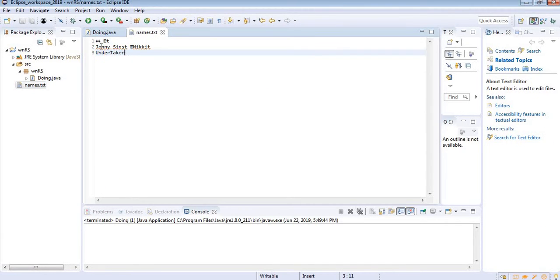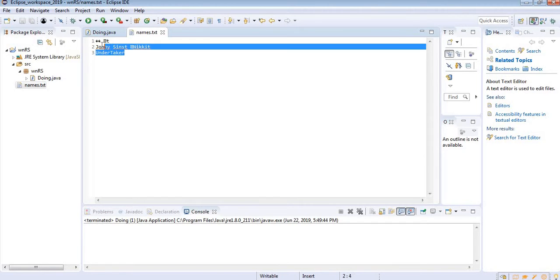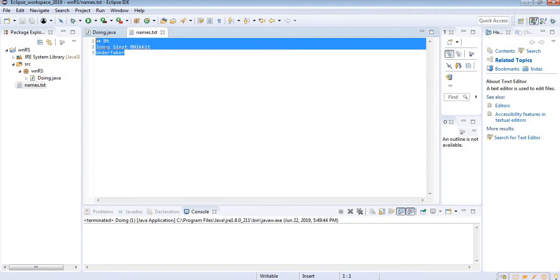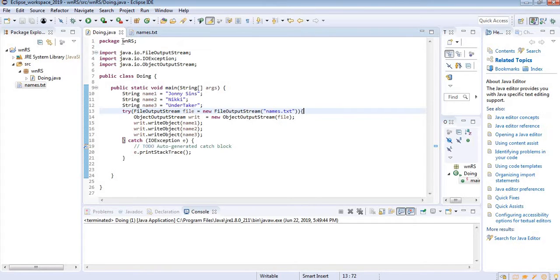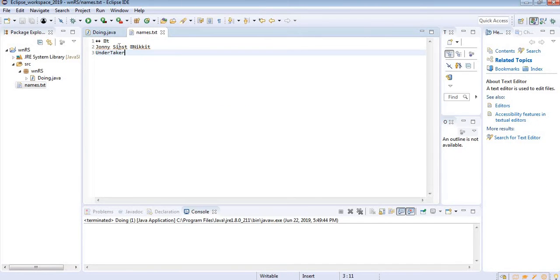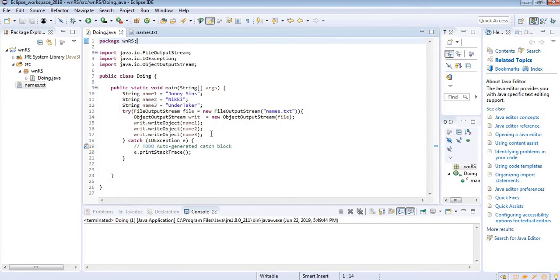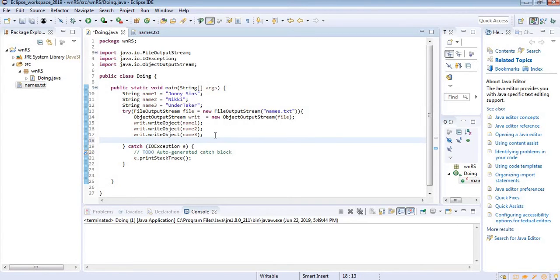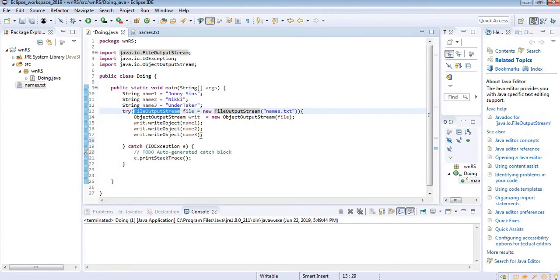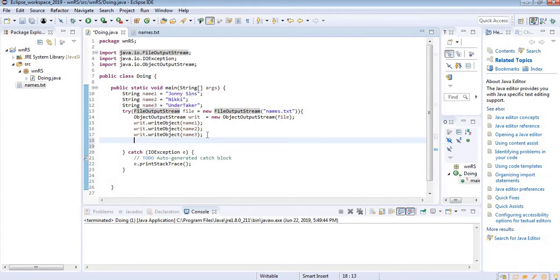You can see here that you have written Johnny Sins, Nikit, and Undertaker. It's in this format because the font might not be available in my computer, so it's showing in this format. You can basically read this file. To read the file, you will use a similar type of function, because you have used FileOutputStream right here. So in the similar manner, you will use something known as